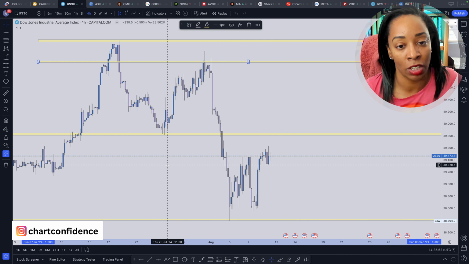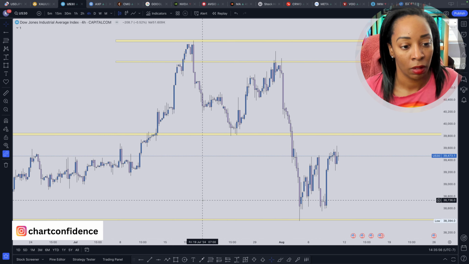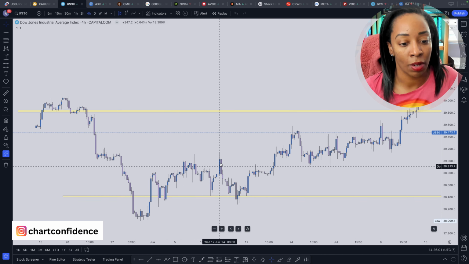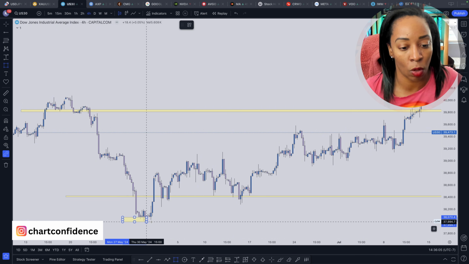This is still looking good to me. And if I look here, let me see. Okay, this is still looking really good to me as well. Okay, so this was this level. I think I marked this off last week as well, but I do want to mark this level off